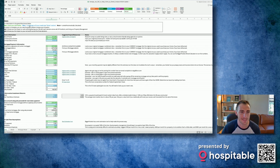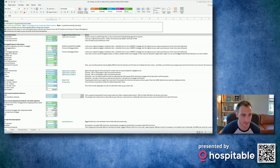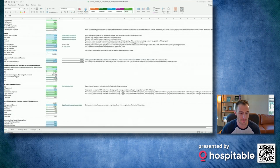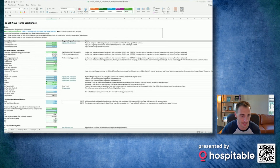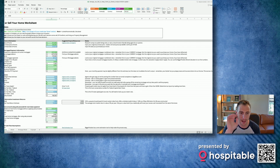All right, so this is not an easy thing. I tried to simplify it. You saw how I failed miserably just now in trying to talk it through. The spreadsheet is no less of a beast. You have to make every single one of these assumptions or inputs in order to make a quality decision here, in my view. And so I'm just going to walk through them one by one for average Joe,